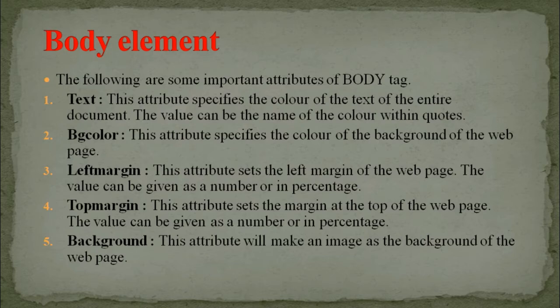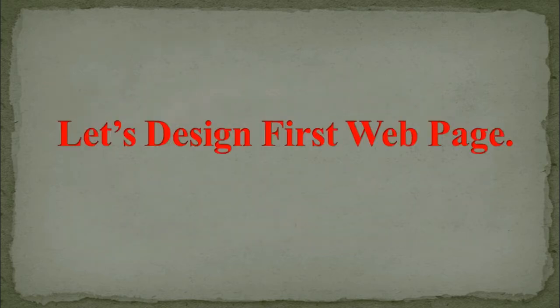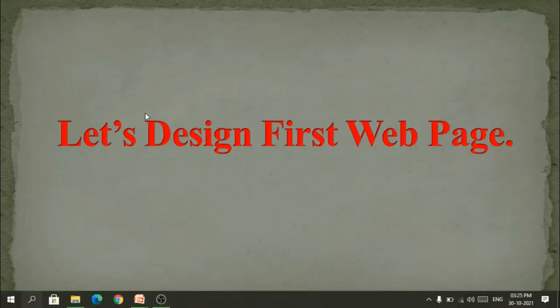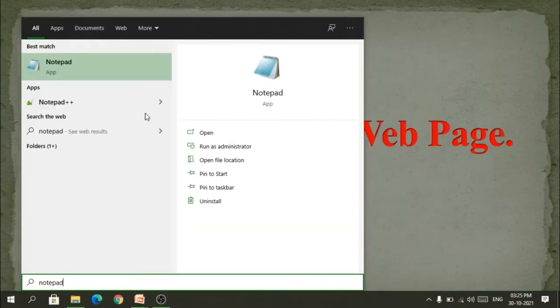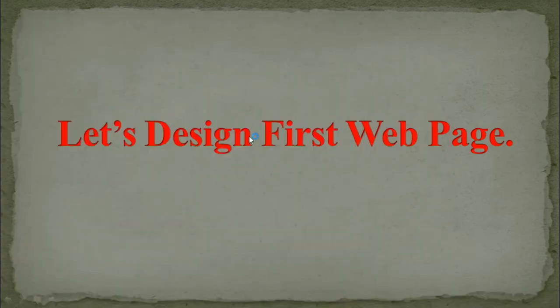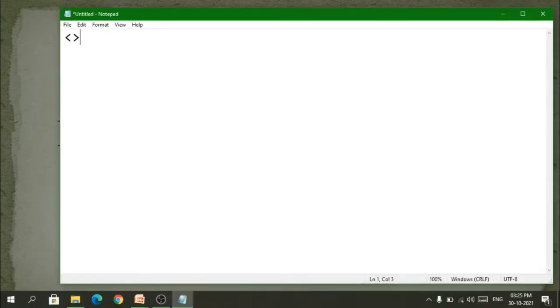Okay, starting with the coding, we need to first open a notepad as usual. So we'll be opening a new notepad. So just need to search on the search bar, notepad, open. You need to remember that the basic tag or the starting of each and every file should contain this information or this code. This would be the basic structure of every HTML file which we create.